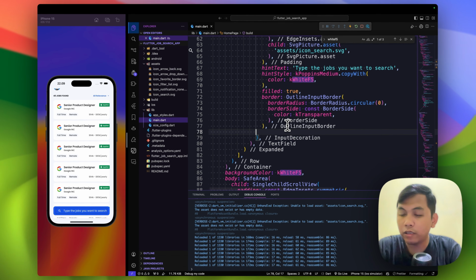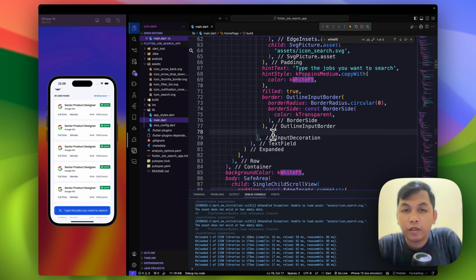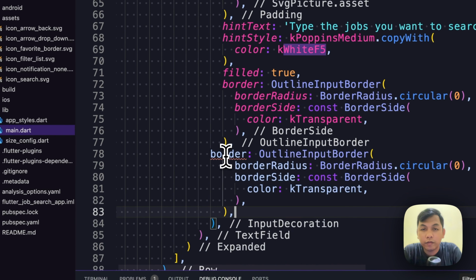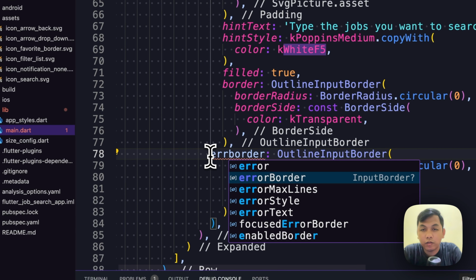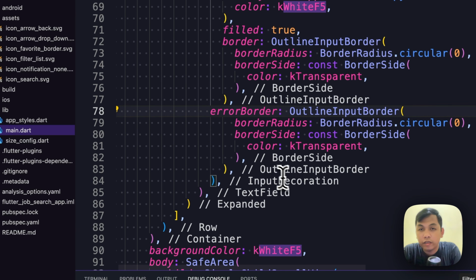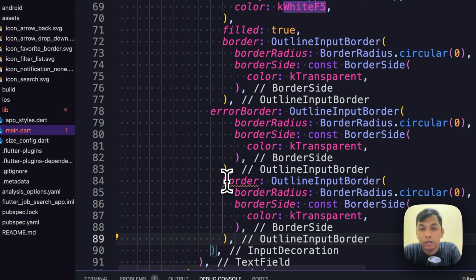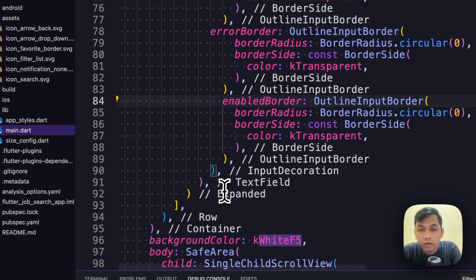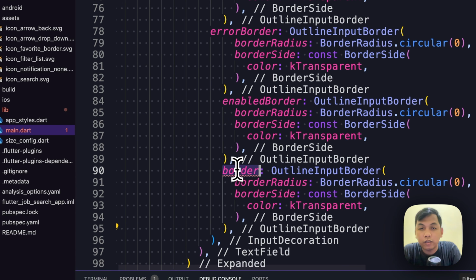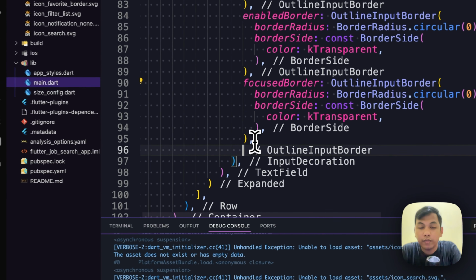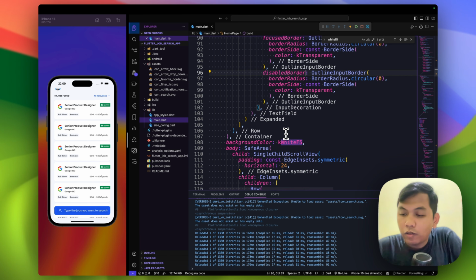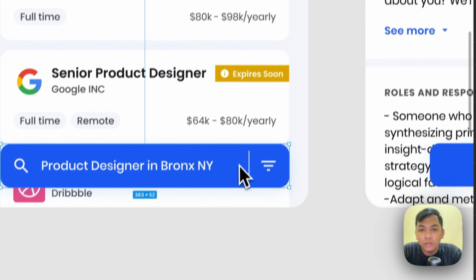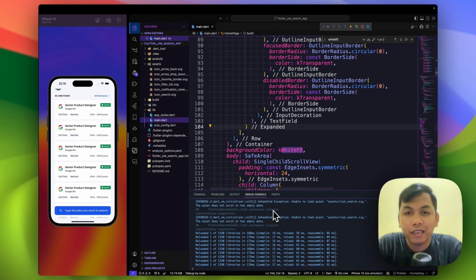Next, error border also look like this. And enabled border also focus border. And next, disabled border. All right. And next, below this expanded, we need to add this vertical